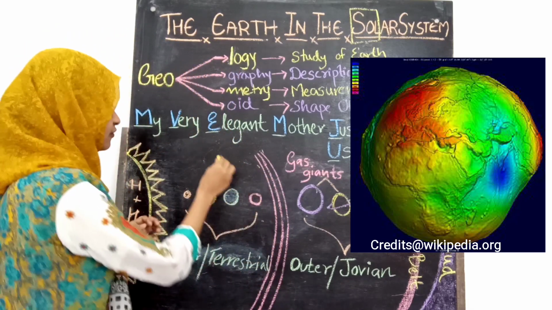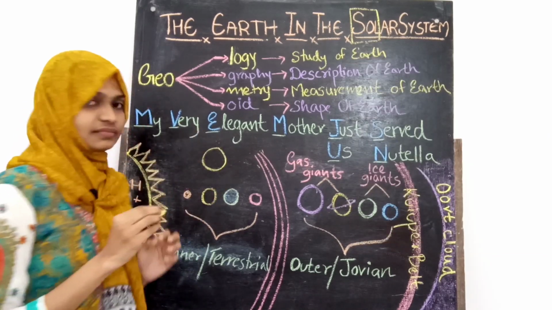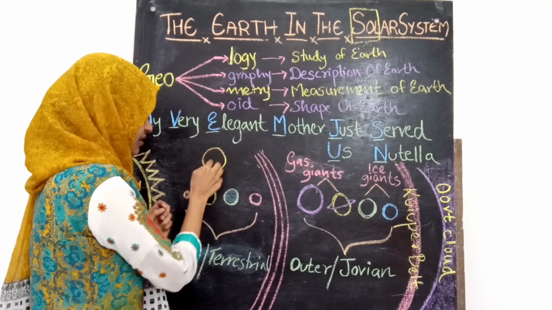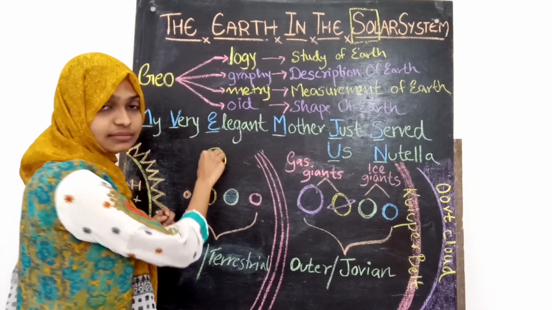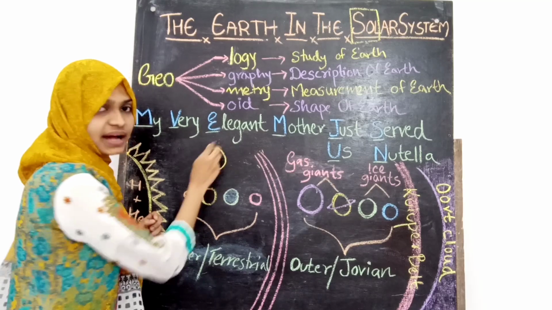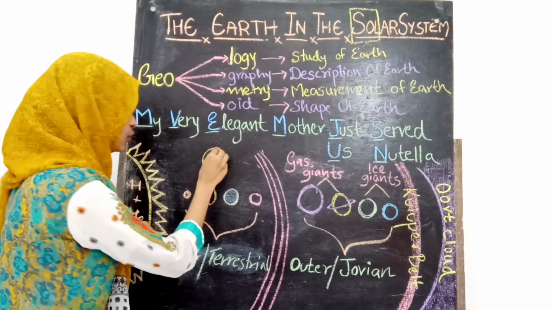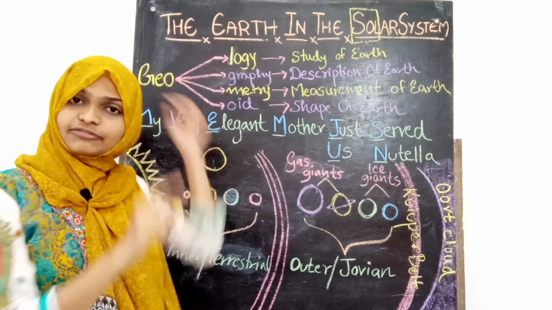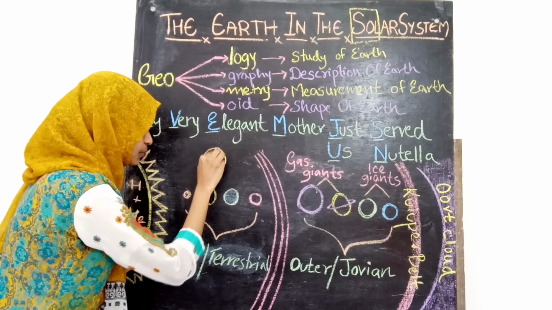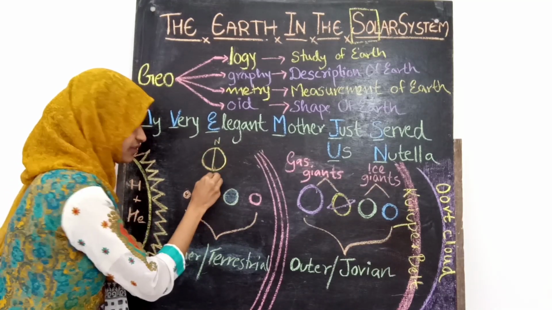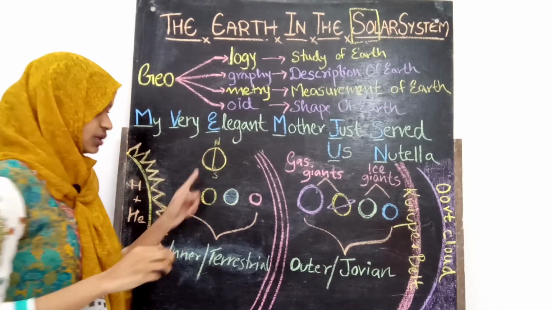I'll explain this. For example, many people perceive earth as a complete sphere, which means the radius from the center will be equal in all parts. No, it is not, because the diameter of the poles, what is the diameter? It is a line from one point of the circle to another point through its center. So the diameter of the poles, which is the north and south poles, we have 2 poles, north and south. So the diameter of the north and south pole is